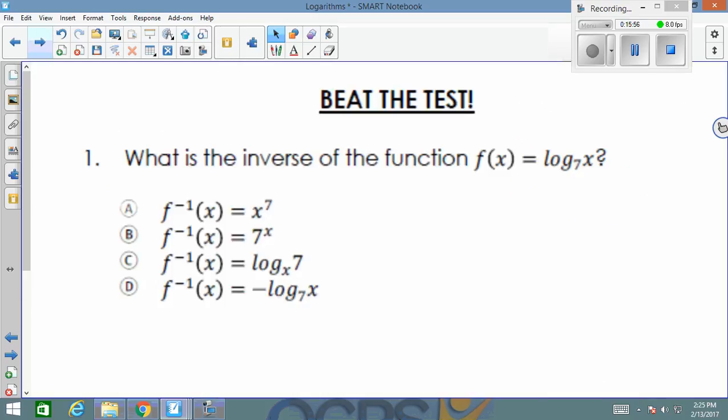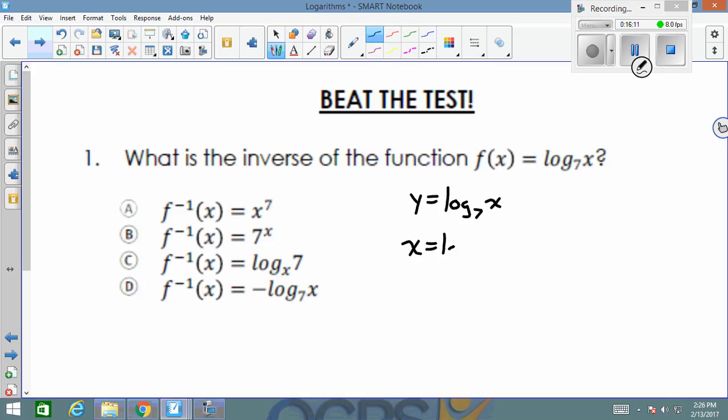And it says, what is the inverse of the function f of x equals log base 7 of x? So if I have y equals log base 7 of x, switch my x and y. And to figure this out, I'd have to rewrite it as an exponential. So the base would be 7 to the x power would equal y. Y is now back by itself, so we're good, which is letter